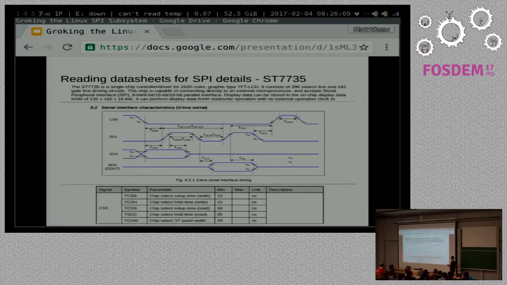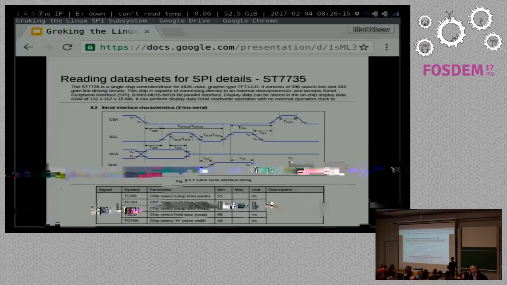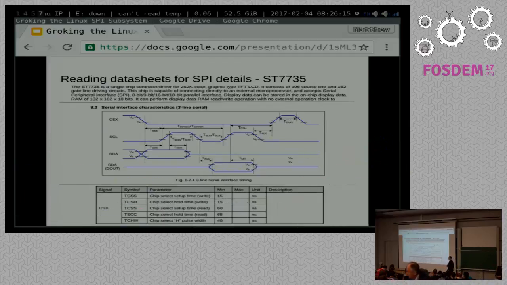So learning to read data sheets, right, for SPI, there are a few important things. First off, you might not even notice when you look at the data sheet. Sometimes they don't even say SPI, right? They'll just say it's got a serial interface, and you have to look at it, and maybe they're masking because they don't want to say the Philips I2C name or something, right? So it might be I2C, but you've got to look a little bit. Usually they'll say, this is a SPI device. So there's a few clippings out of an